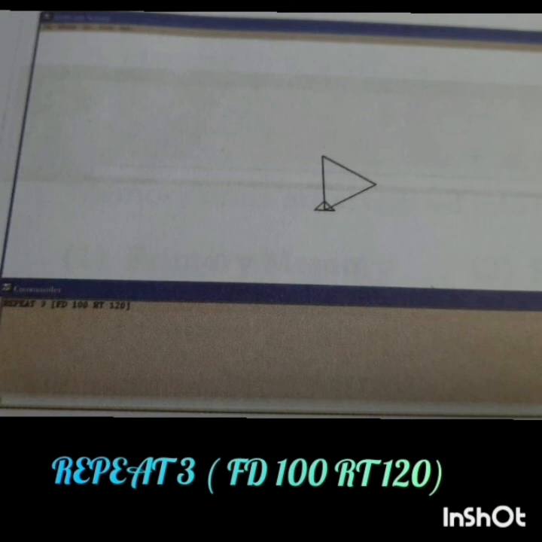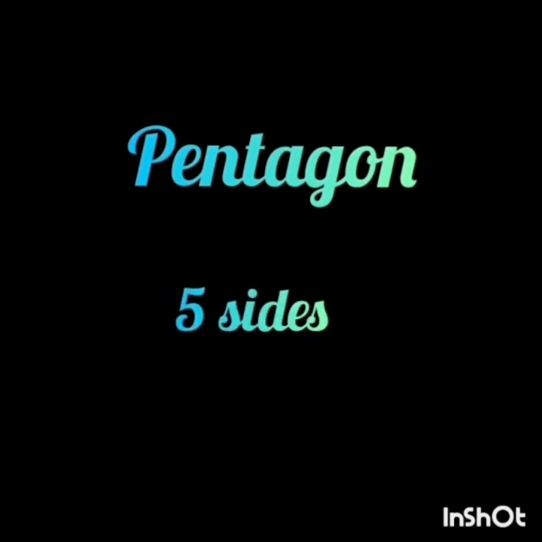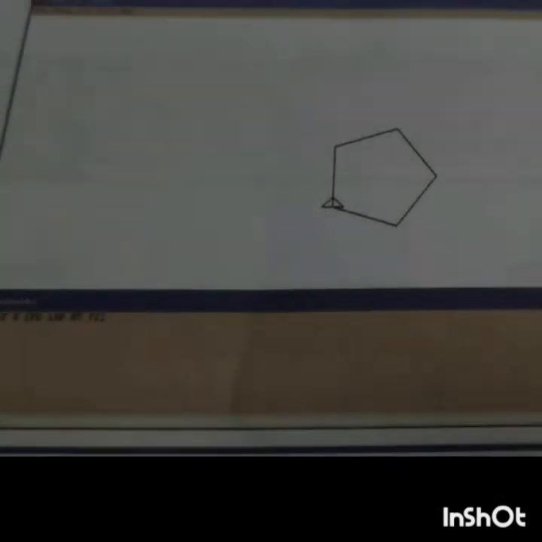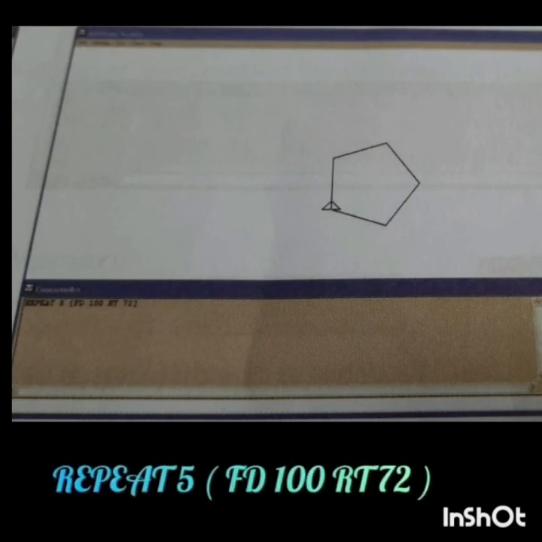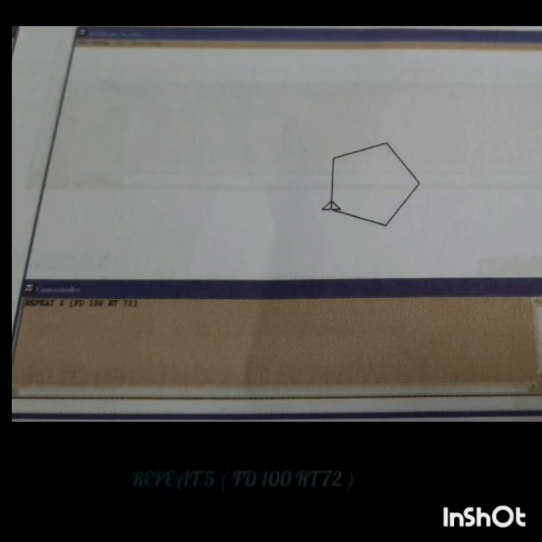To draw a triangle using the repeat command: repeat 3, forward 100, RT, right turn 120. Next is a pentagon. To draw a pentagon using the repeat command: repeat 5, forward 100 and right turn 72. The angle of each turn is 72 degrees.